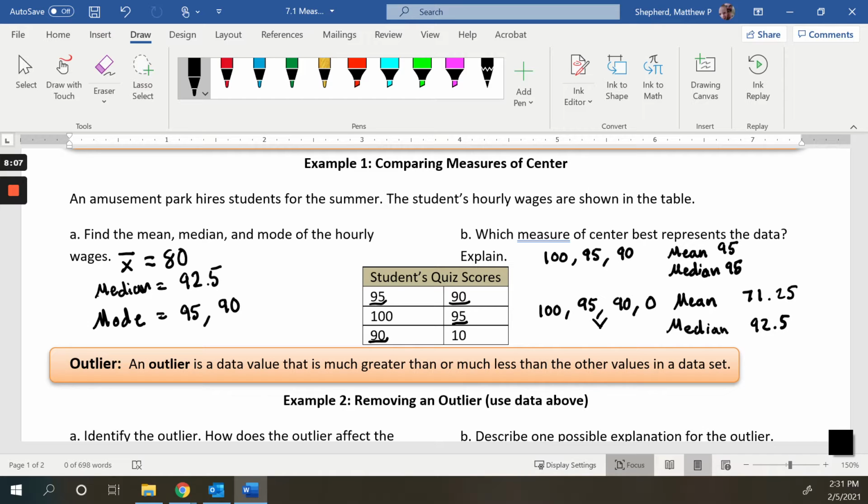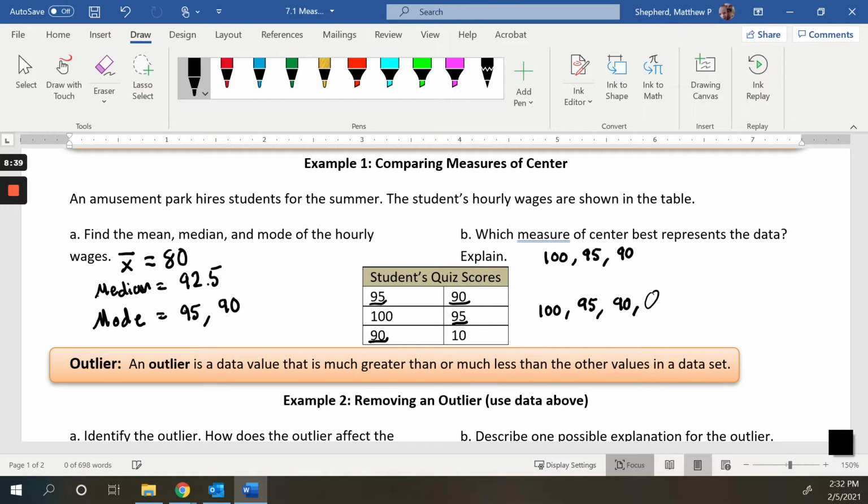So this little change right here influences what we say is best. Remember that with measures of center, we're trying to talk about what's normal, what's average. So if we were to look at this student and try to identify what caliber of student is this? Is this an A student, a B student? What caliber is he? To me, this looks like an A student who had one bad day,